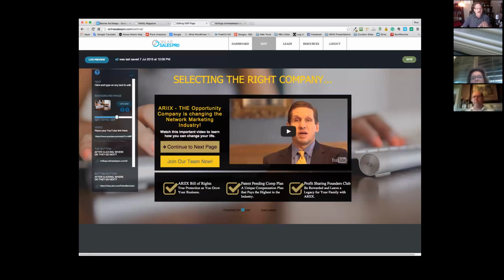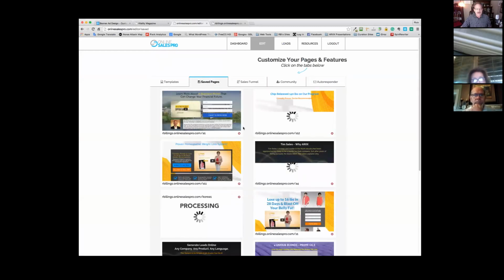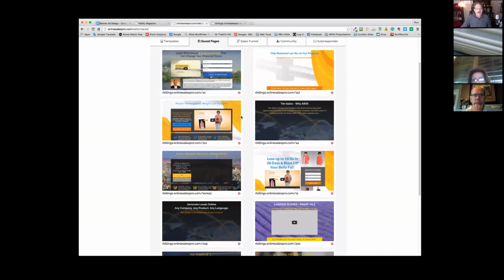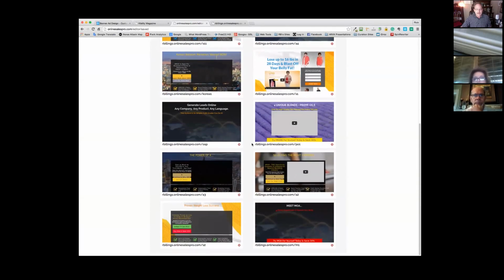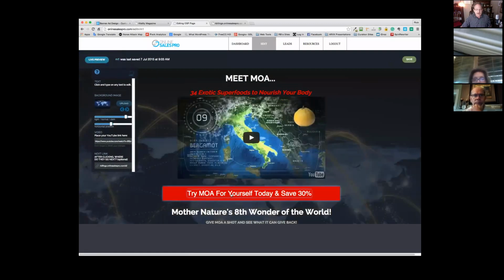So you always want to make sure this top button right here goes to where you want it to go, the next page. The bottom button goes to wherever you want it to go. In this case, I want it to go to, hey, join us, okay? Maybe it's buy now. If we look at something like, let me go over here to a SlenderX page right here, or like the MOA page right here. This button right here goes to, okay,